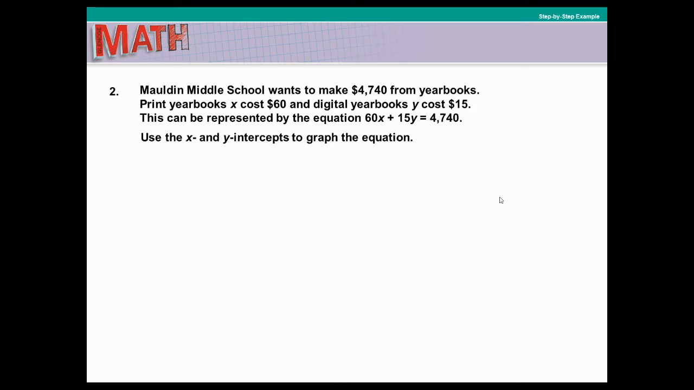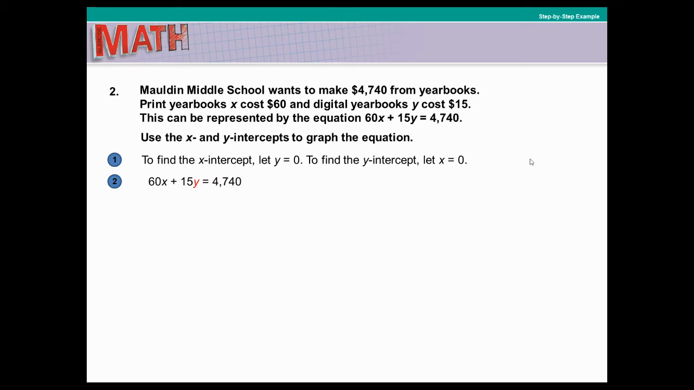So hopefully you can see we're going to solve this 2 different ways, 2 different times. I'm going to make X 0 and solve for Y. Then I'm going to make Y 0 and solve for X. That's all we're doing here. So to find the x-intercept, let y equal 0. So if y equals 0, 15 times 0, and you're going to get 60x equal to,